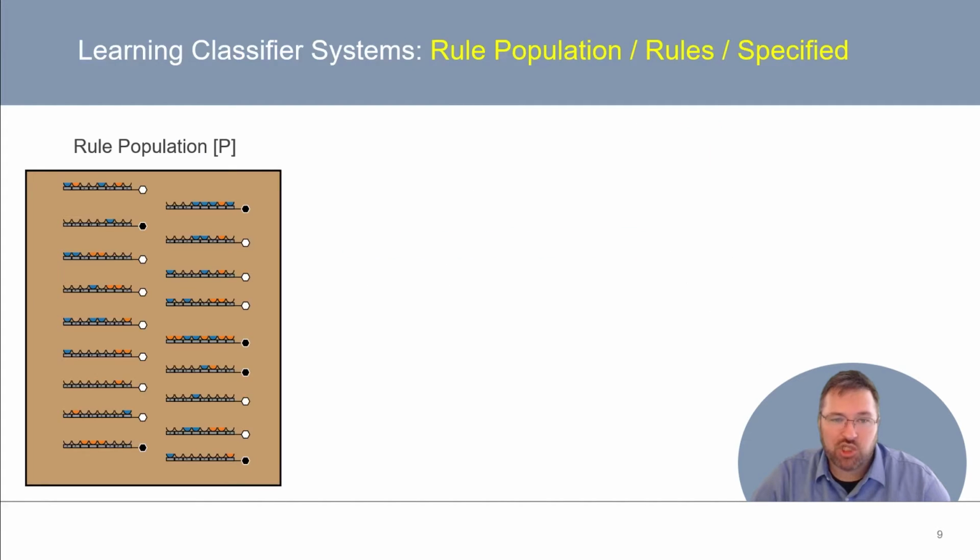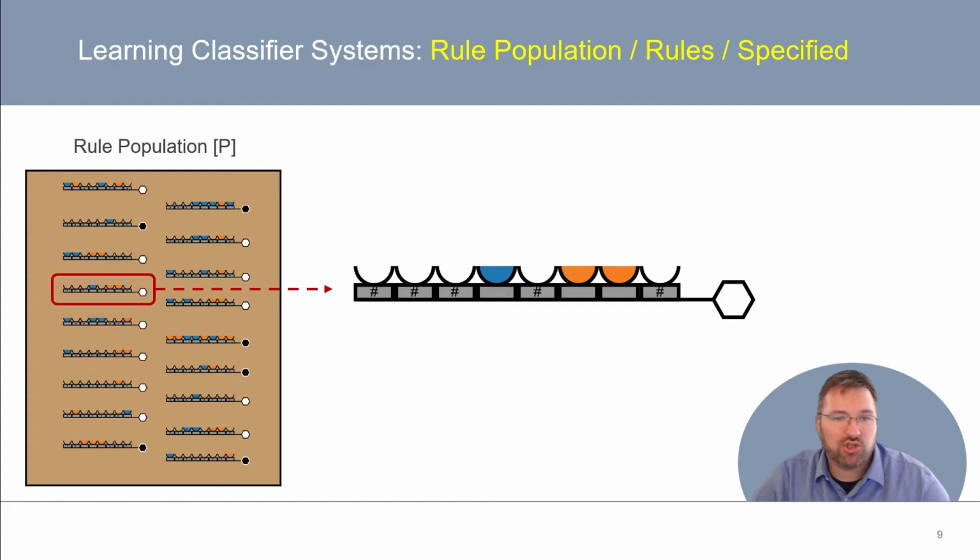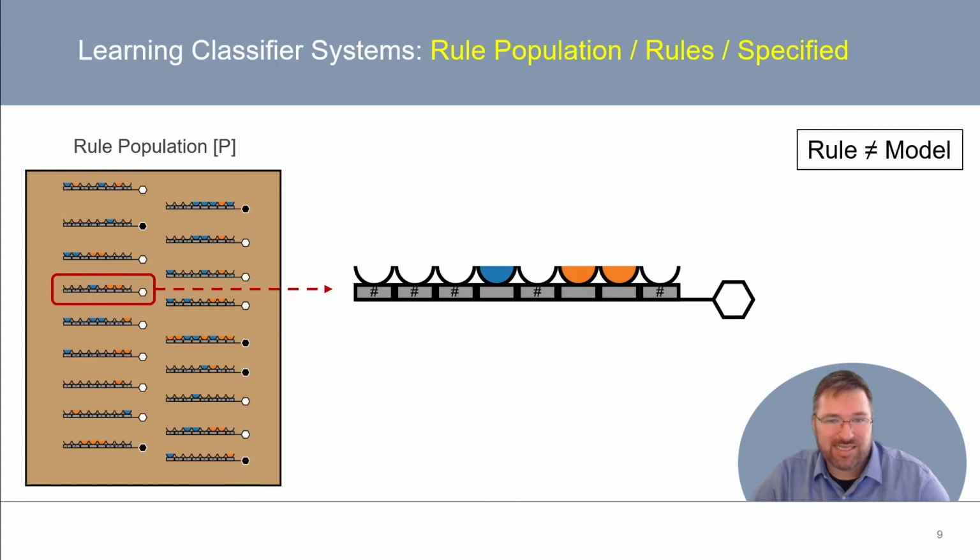Moving on to step 2, we have our rule population. Let's zoom in on one of the cartoon representations of an individual rule. The first thing to reiterate here is that in an LCS, a single rule is not a model. It's a set of rules that together constitute a piecewise model. We call the left side of the rule the rule's condition, and the right side of the rule its action,